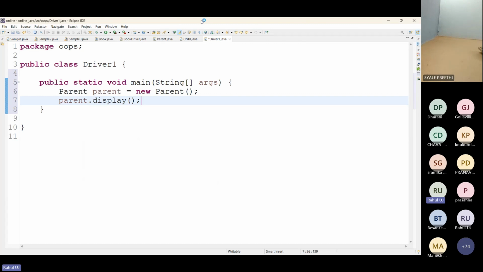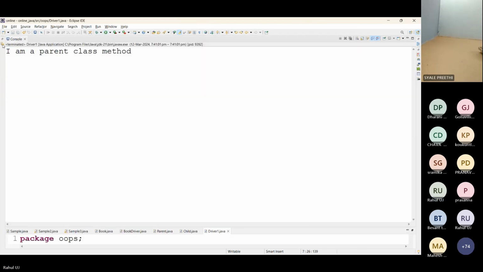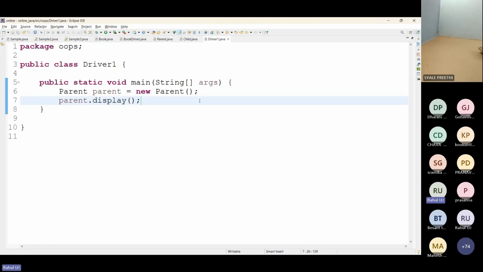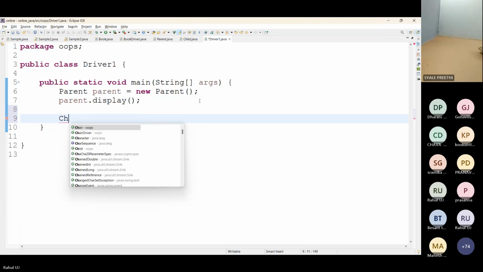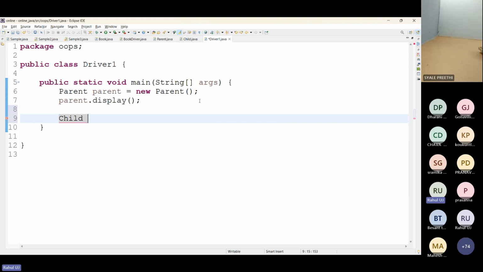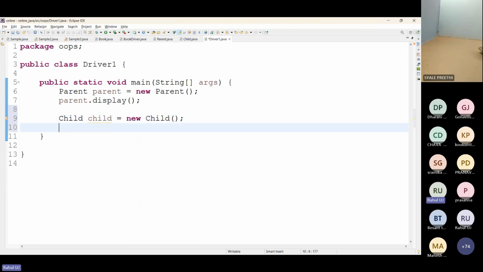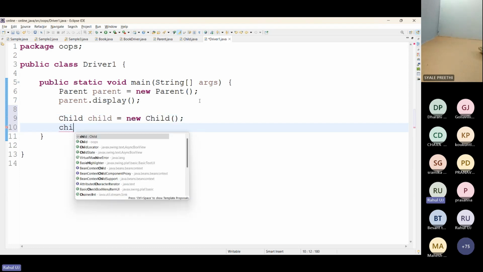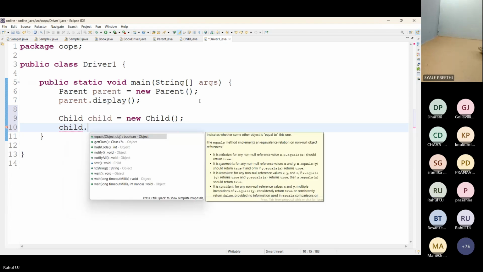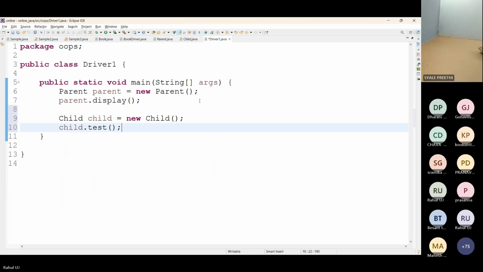I can call only the display method. Let's execute this. Let me show you. You can call only the parent class method. But I will say child c is equals to new child. So with the child reference, I can call the test method also. I can also call